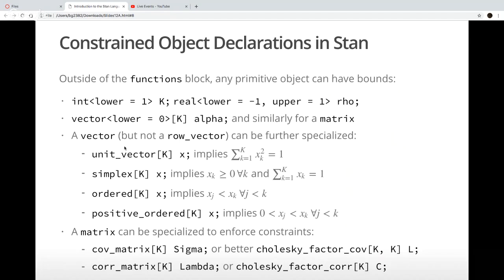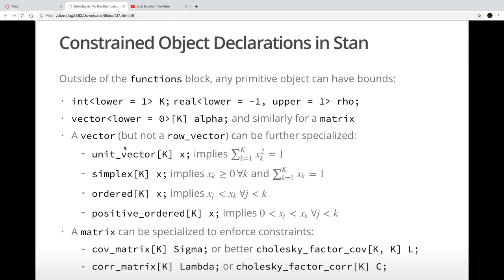You can have ordered of size k, in which case the elements don't have any particular sign, but one is bigger than the next. Or you can have positive ordered, which is like ordered, but there's a lower bound of 0 on the first element and consequently all the other elements. And so those are the 4 subtypes of vectors.